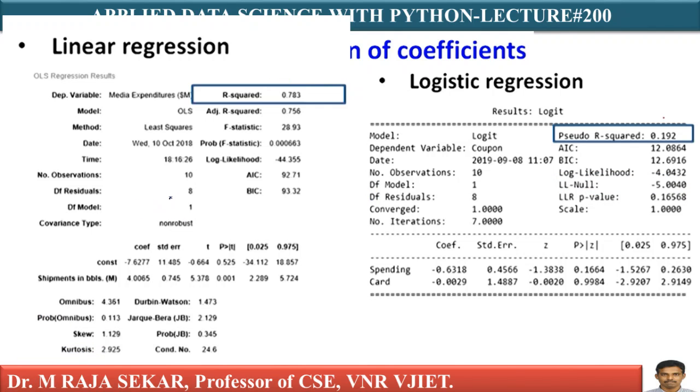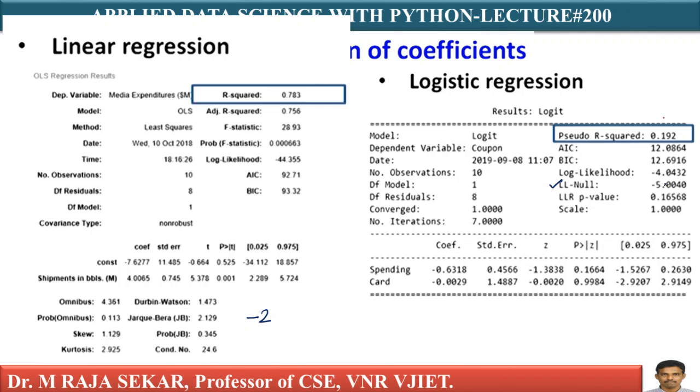There is a formula for calculating this pseudo R square value. My pseudo R square formula is minus 2 into LL null,